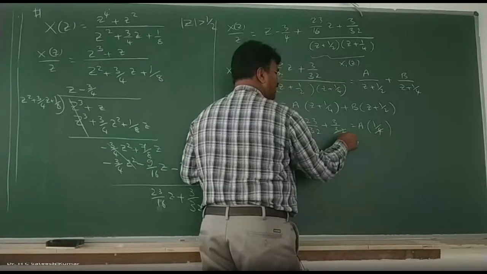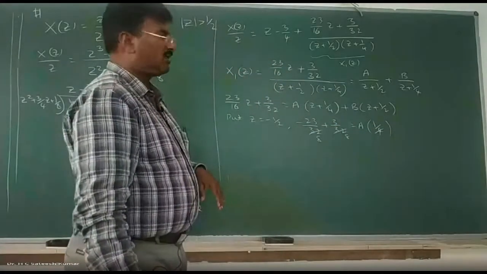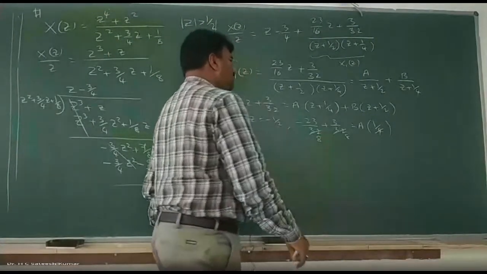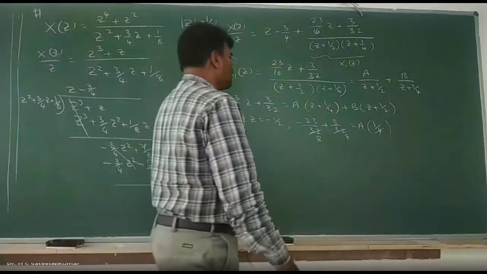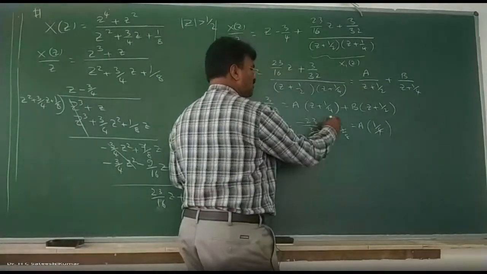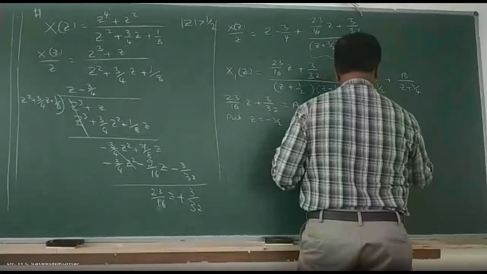So this is 8 times, this is also 8 times. Take 32 common, and then you can say it as 8. Okay, right. Now what is it that we have? Minus 23 by 8 plus 3 by 8 is minus 23 plus 3. LCM is 8, no? So what do we get?